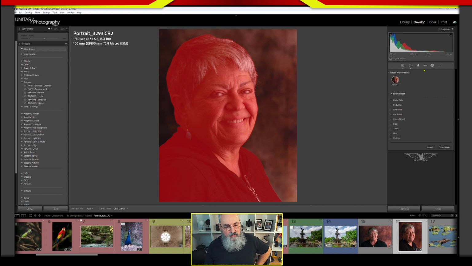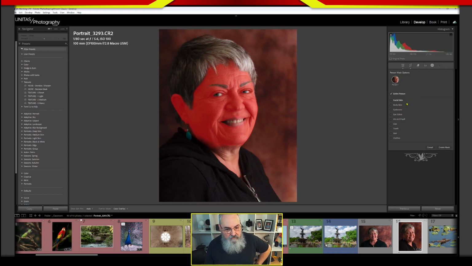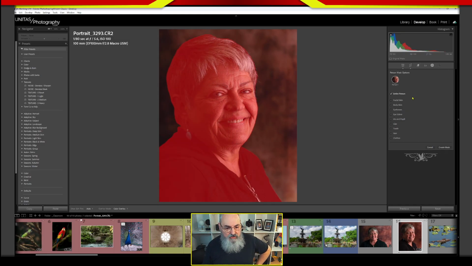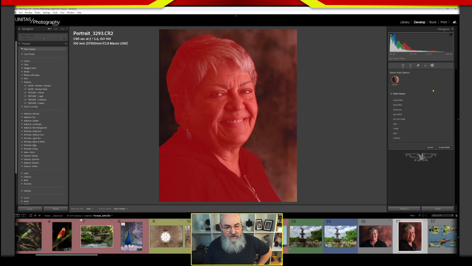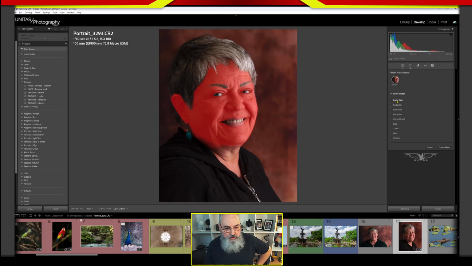And it switches over to this, very similar to what you saw with the landscape, where each one of these check marks is a different portion of the person's anatomy. So we can select the entire person. We can choose just the facial skin. So if you want to do a little skin softening,